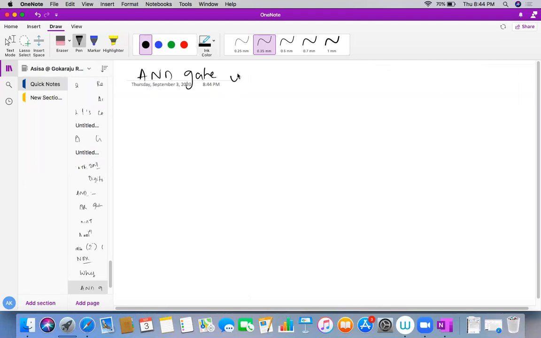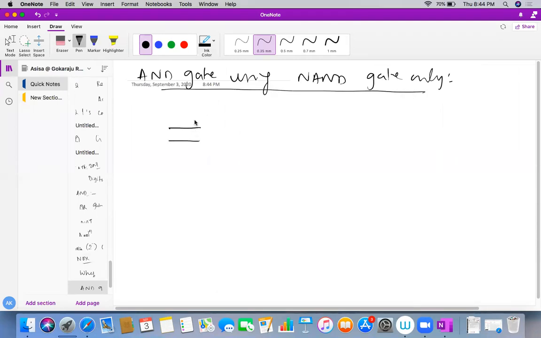Implement AND gate using NAND gate only. So for this purpose, what I need to do, very simple, I'll be having a NAND gate in my hand, which is nothing else, A and B bar. So if I remove the bar somehow, if I put a NOT gate over there, then I'll be getting AB. Am I correct? So I need A and B, so I'll be getting AB here.